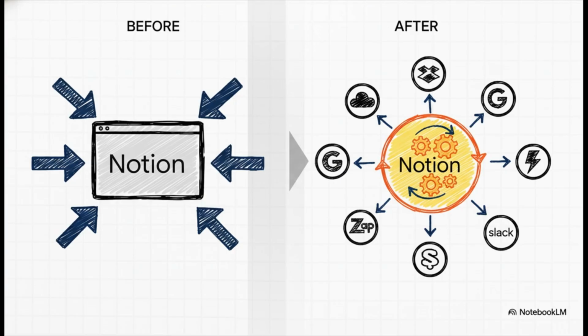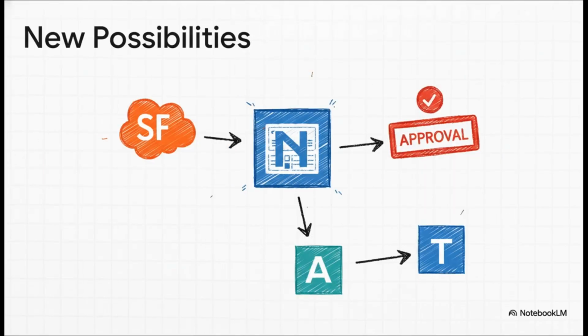Because by learning how to automate these database relations, you're transforming Notion from just a passive bucket for information into an active, automated hub for your entire workflow. It becomes the starting point for action, not just the final destination. And suddenly, this whole new world of possibilities just opens right up. You could update a task status in Notion, and bam, it automatically triggers an approval workflow in another app. Or maybe you log a new sale in your CRM, like Salesforce, and it instantly creates a new project in Notion, already linked to the right client. The connections are no longer one way, they're a two-way street.